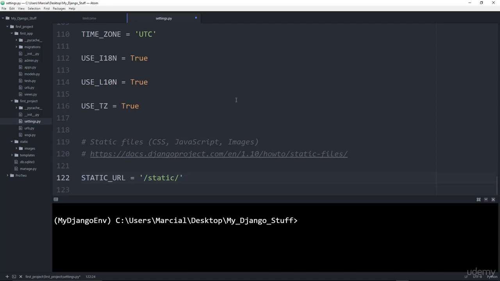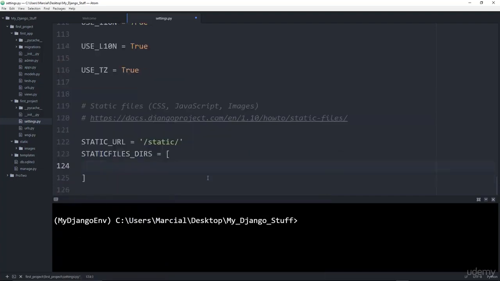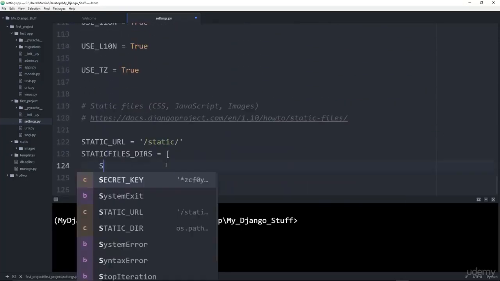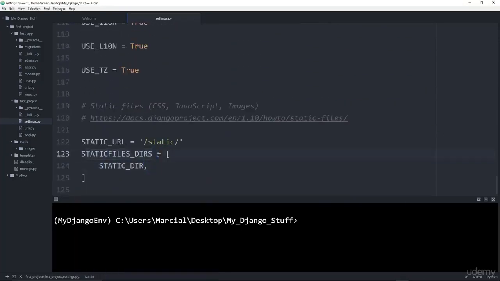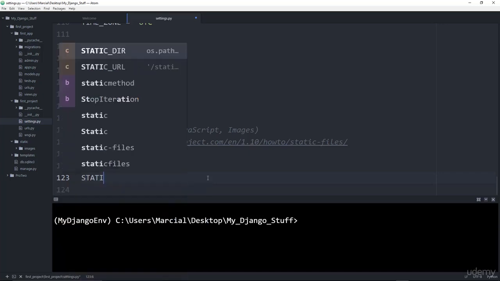And basically the reason for this is, when you're dealing with your own applications and your own projects, for this static folder, you may not want something so simple as just static images. You may actually want to take the approach we did with templates and have each application have its own special folder, and then within that folder put in your images. So this may have been static, first app, images. So just to keep that in mind,